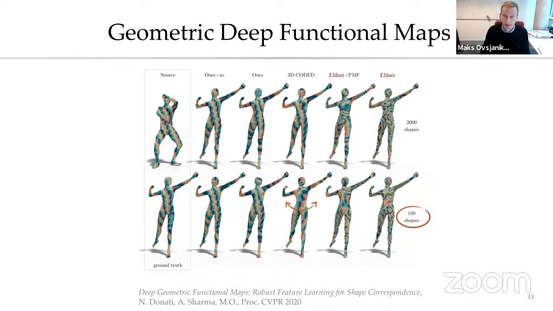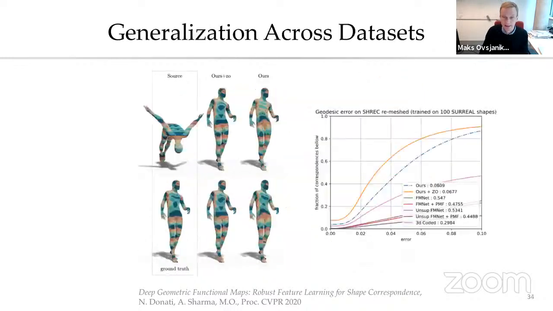So this was our stepping stone last year, and since then, maybe just as a small thing, we also evaluated on this remeshed SHREC dataset. This is a much more challenging dataset, and again, these plots are much more modest than what we see when training and testing on FAUST shapes, for example. But I think they're a little bit more realistic. So we can achieve some reasonable error, even though it's still far from perfect.